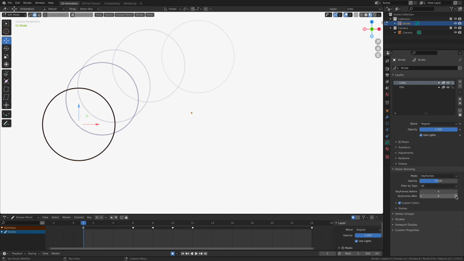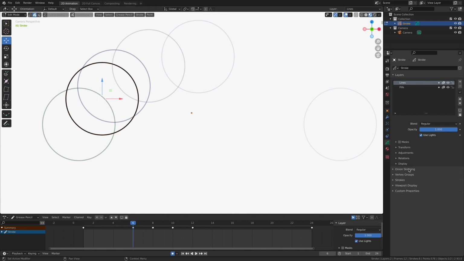You're more than welcome to increase this to whatever you want. Just be aware that the more frames that you're previewing, it might start to slow down your system a little bit. Luckily, the 2D animation engine's pretty good, but point being, anything over 10 or 12, you may get a little bit of a performance hit on your machine. I like having it be a high value, especially when I'm doing the general block out of all of my animations, because now I can really see where I'm starting and where I'm ending, and where I need to place all the animation frames along this simple, lovely little arc to get the illusion that I'm after.